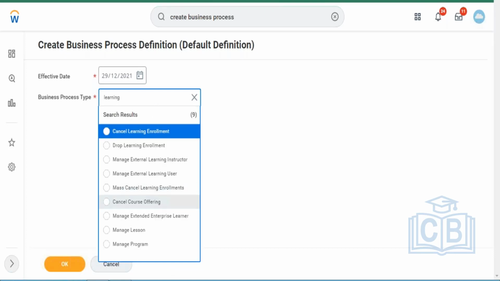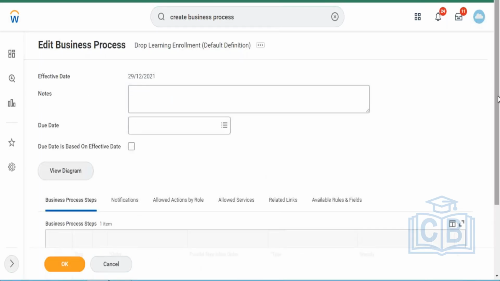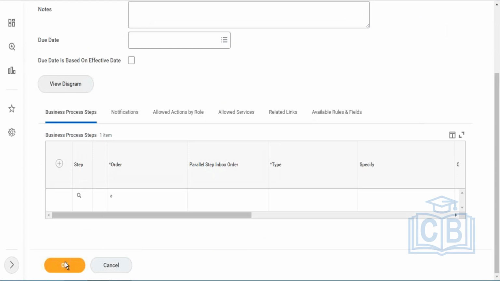So let's say manage lesson is a kind of business process. There are a lot of other business processes which would have already been created, but these are the remaining business processes in this tenant which are not created related to learning. So if I wanted to select this business process, drop learning enrollment. Okay, so this is the business process, and if I click on OK, this business process is now created in